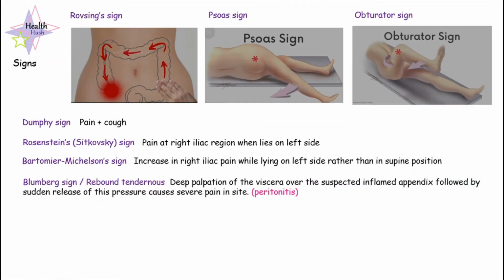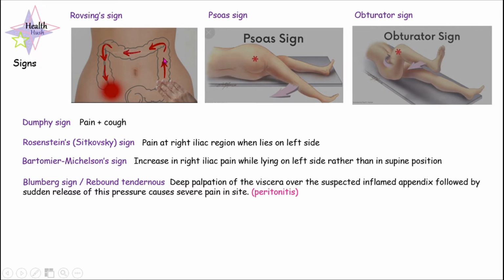So if we speak about several specific signs for acute appendicitis, we have a few. The first is Rosen sign. In Rosen sign, we do deep palpation starting from the left iliac region, going through the descending colon to the transverse colon, and then to the ascending colon. When we go halfway along this pathway, the patient starts to have right iliac region pain. Why does this happen? Once we do deep palpation, we'll be pushing the